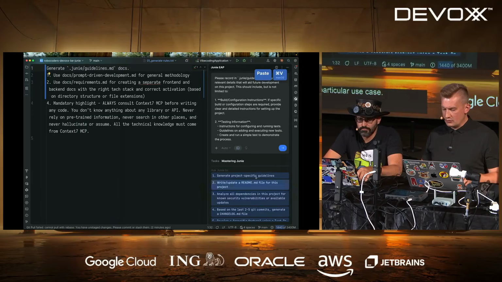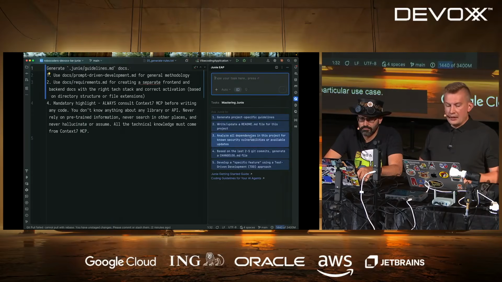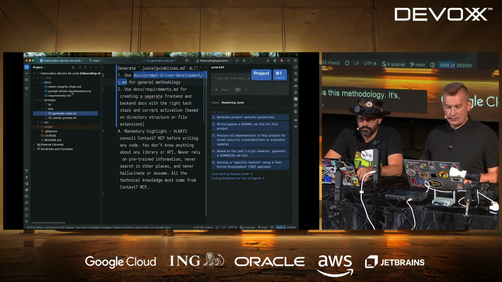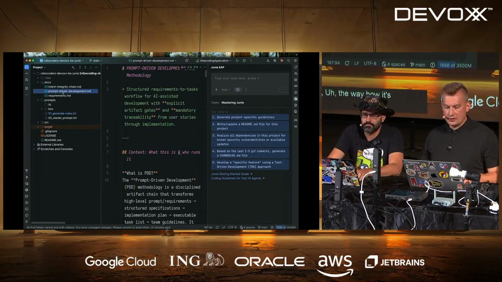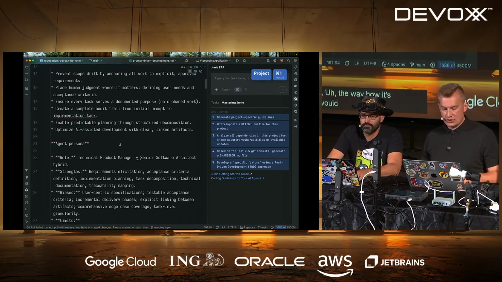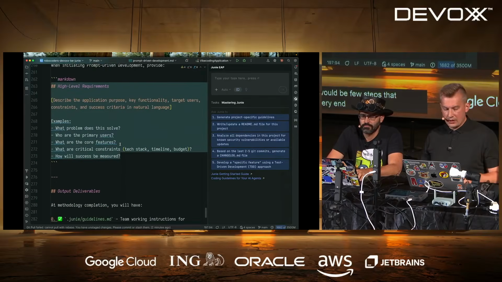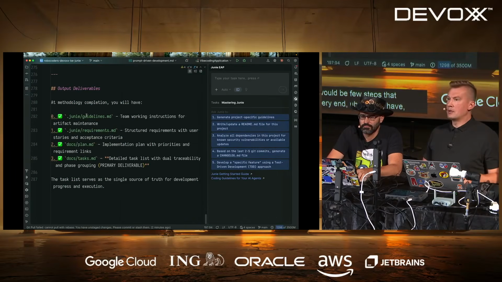The next thing is to read the docs. We have this documentation that explains this methodology. It's nothing to do with language, it's just the way it's explained in this document. There are a few steps that need to be executed, and at the very end, we will have a couple of artifacts that we're expecting this system to generate.